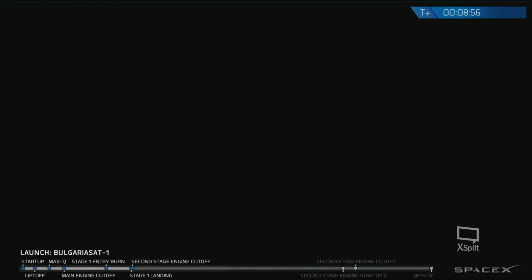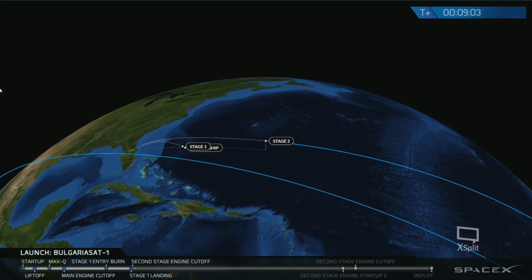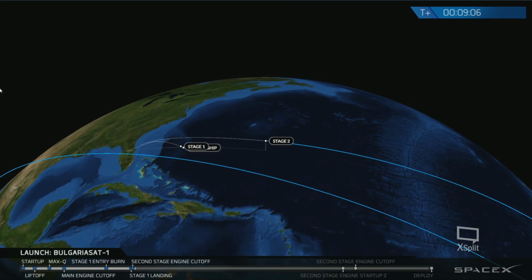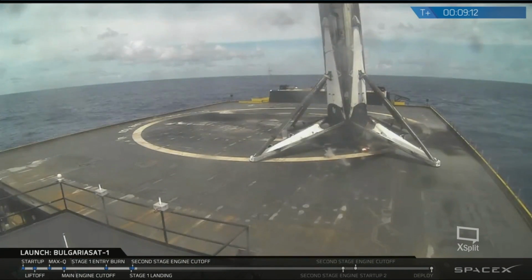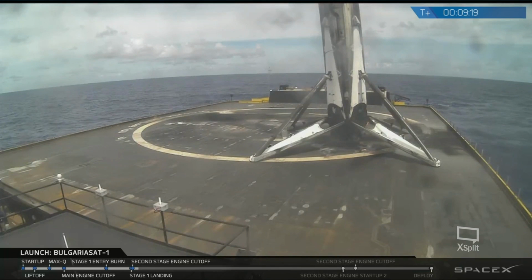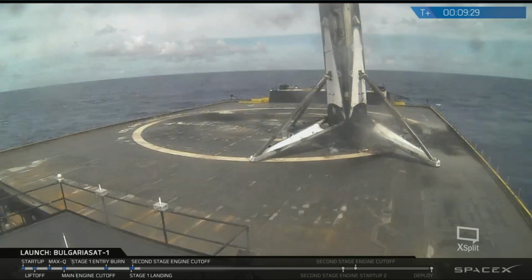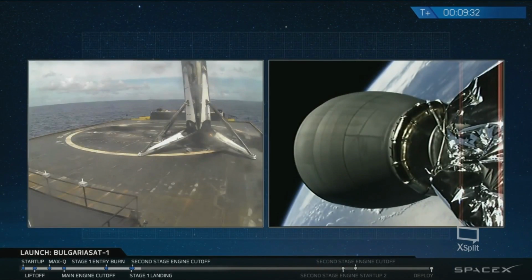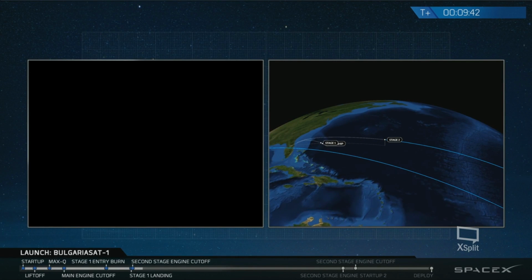We do expect to lose signal from the drone ship as we come in. If you've watched previous missions, that is not uncommon for us to lose coverage of the first stage coming back to the drone ships. The rocket vibrations coming into something like that can cause some issues. And it looks like we did have a good recovery of the first stage. And we have touchdown. Now this is obviously a successful landing, however it is not quite as on center perfectly as it was on